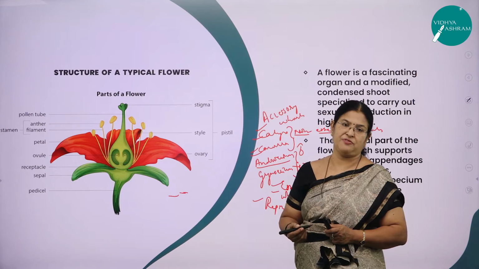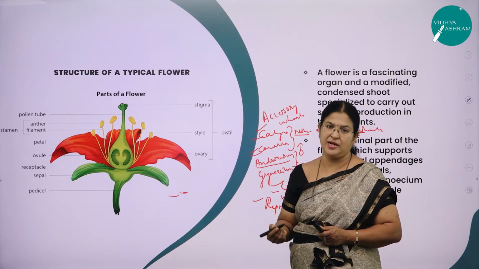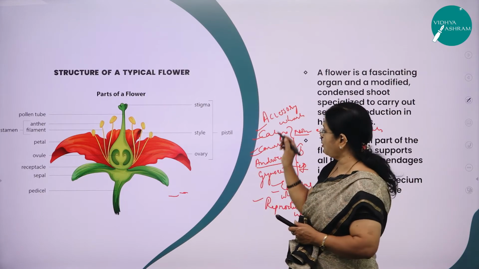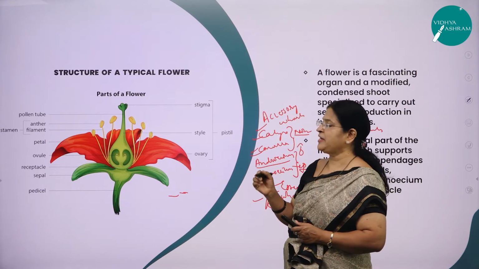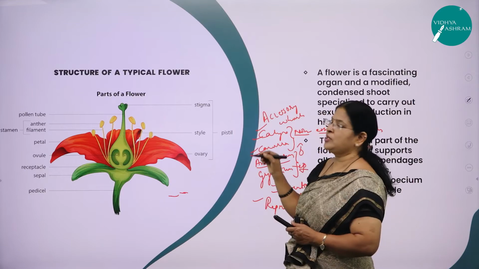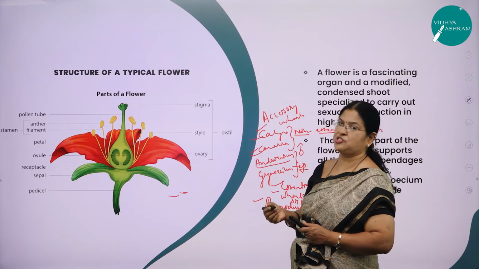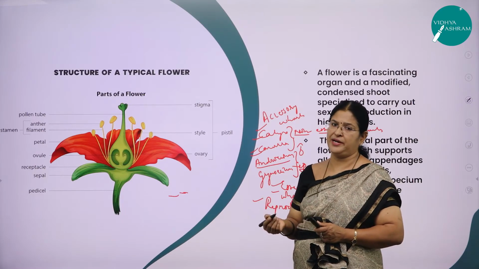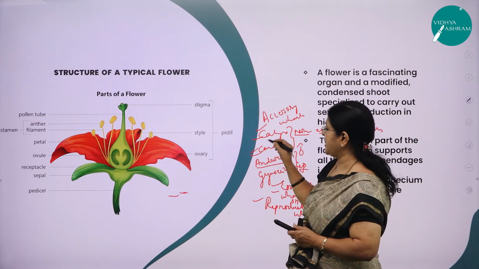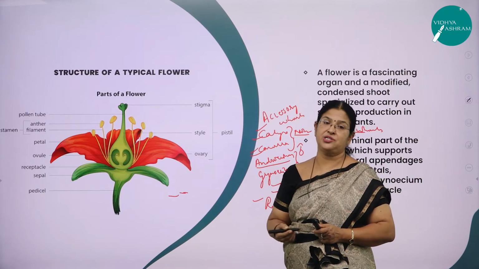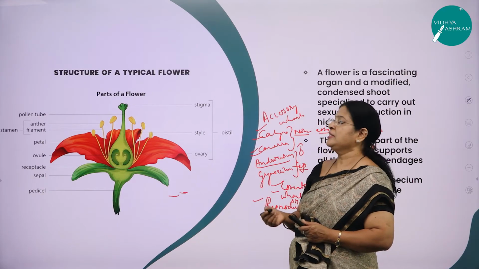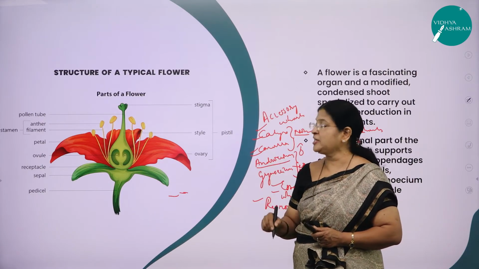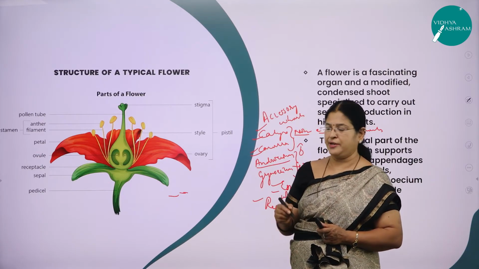It is a bisexual flower. For example, you can take the hibiscus flower, which is a complete flower having both the male and the female reproductive structures and all the four whorls. What do you mean by incomplete flower? Any one whorl is missing. For example, a unisexual male flower is an incomplete flower, and a unisexual female flower is an incomplete flower. And as I said, calyx and corolla are called non-essential whorls or accessory whorls because they are not taking part directly in the process of reproduction but definitely help the process of sexual reproduction.